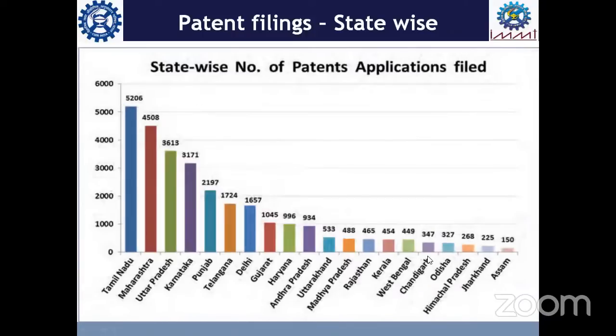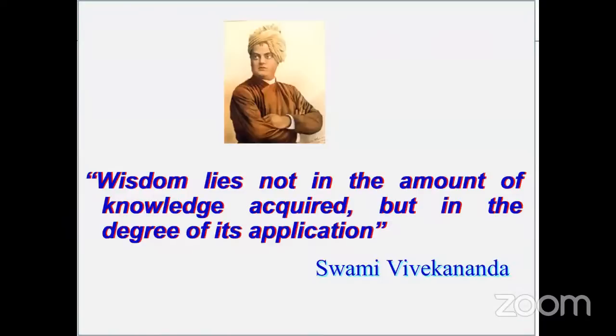Whether it is Tamil Nadu, Odisha, Assam, or any other state, whether it is in thousands or hundreds, it doesn't matter. In my opinion, we need to improve further. All these numbers are very, very less. We have the potential to contribute to a greatest extent. We can contribute to some lakhs, not even thousands. We have such a great potential. The only requirement is we need to realize our potential. We need to integrate IP with research and academic practices.